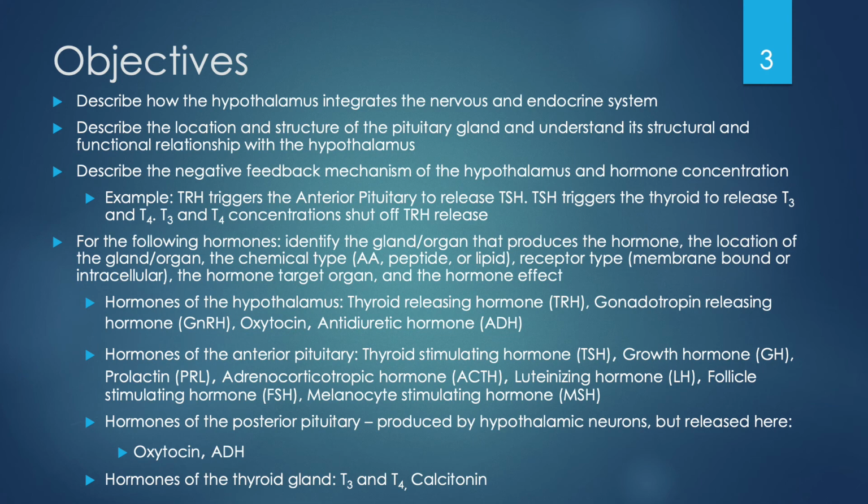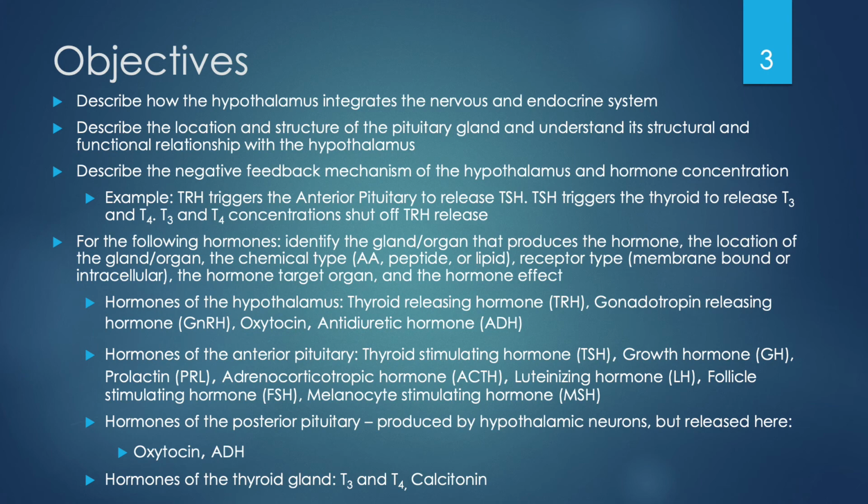Also, this applies to hormones of the hypothalamus, so this includes thyroid-releasing hormone, gonadotropin-releasing hormone, oxytocin, and antidiuretic hormone. For the anterior pituitary or adenohypophysis, this includes the thyroid-stimulating hormone, growth hormone, prolactin, adrenocorticotropic hormone, luteinizing hormone, follicle-stimulating